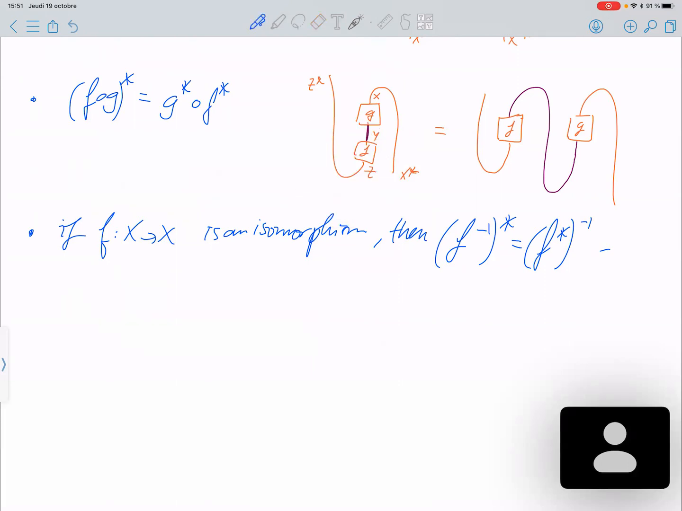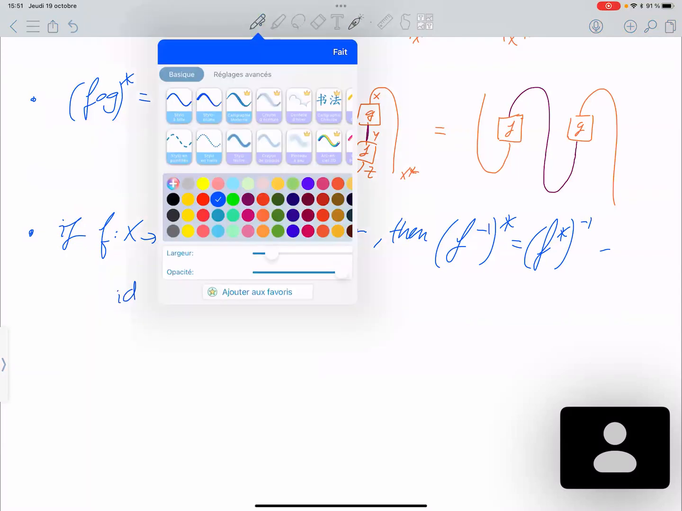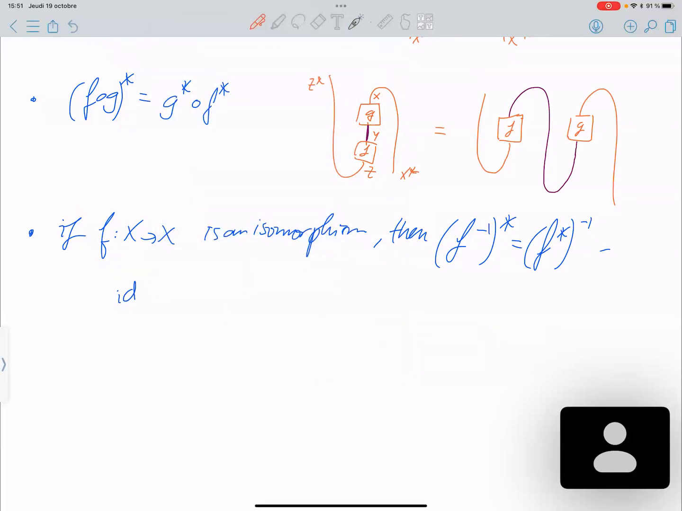So why is this true? So consider identity. Let me draw it in orange. Identity of X star is the identity of X star, which is